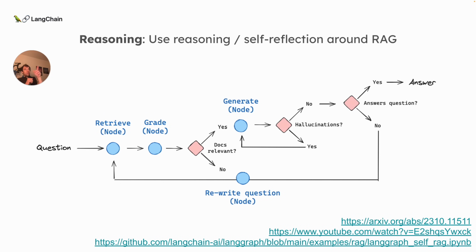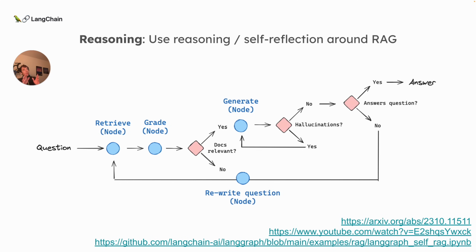Frameworks like LangGraph allow you to build these flows, which allows you to have a more performant self-reflective RAG pipeline. Now, I did get a lot of questions about latency here, and I completely agree. There's a trade-off between performance, accuracy, and latency that's present here. I think the real answer is you can opt to use very fast models, for example Grok we're seeing, GPT-3.5 Turbo is very fast. These are fairly easy grading challenges, so you can use very, very fast LLMs to do the grading. And for example, you can also restrict this to only do one turn of the cyclic iteration, so you can restrict the latency in that way as well.